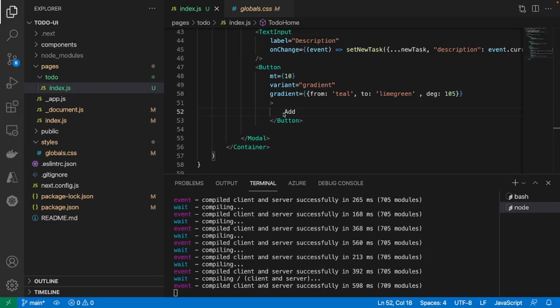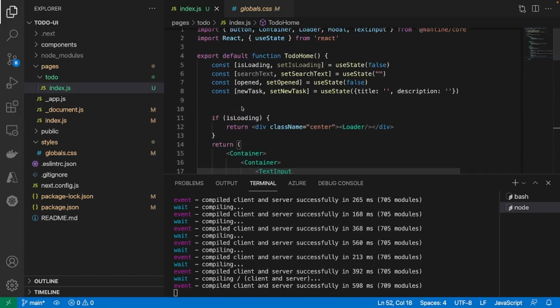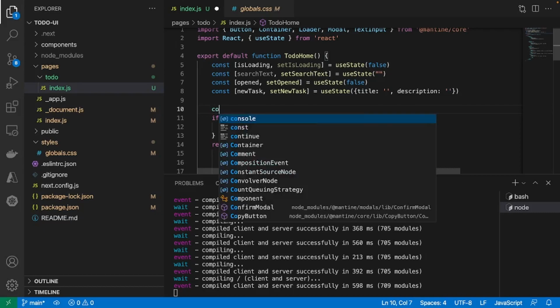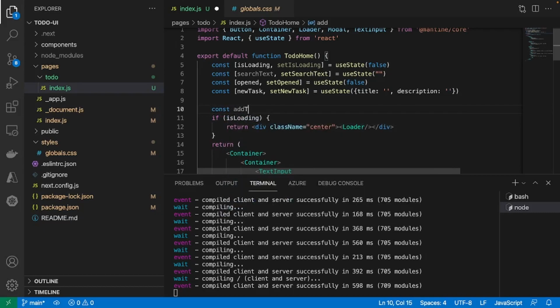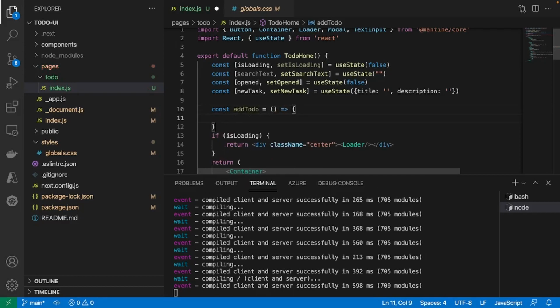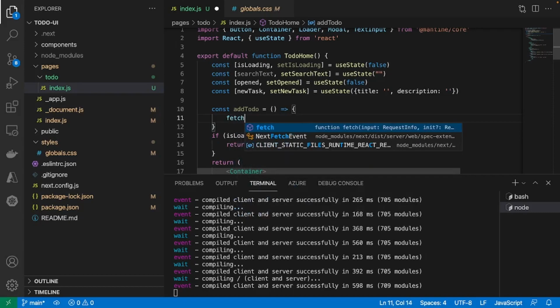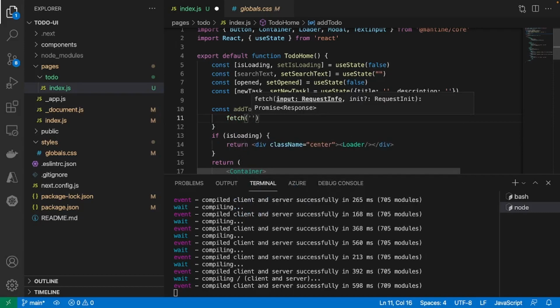So to do that, let's create a function right above here. And we're going to call this function addToDo, because that's what we're going to do. We're going to try to add a to-do when we click the add button. So we'll just create this function, open this up, and then we're going to use fetch to reach out to our API. The URL for the API is still running on HTTP